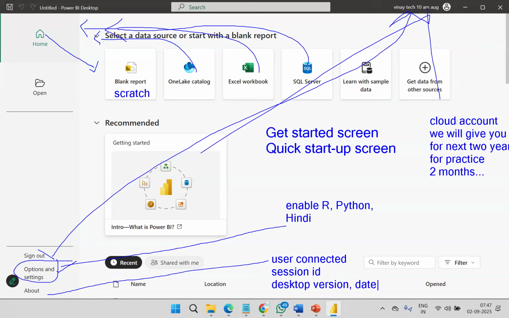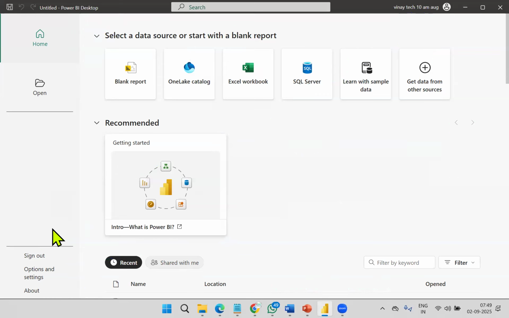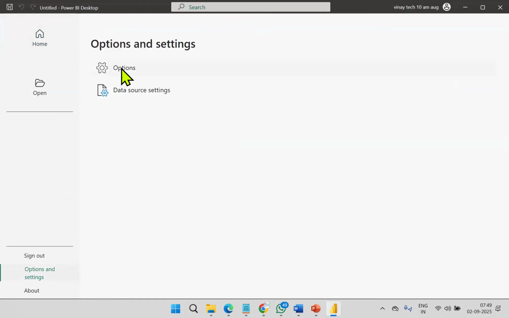On the get started page, my intention is to change this language to Hindi. I don't want English. Yeah, it's possible. Click options and settings. Options.